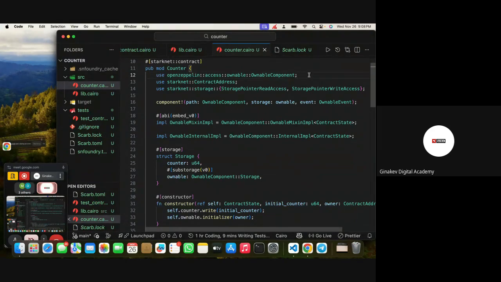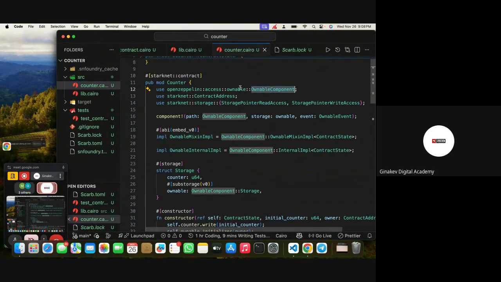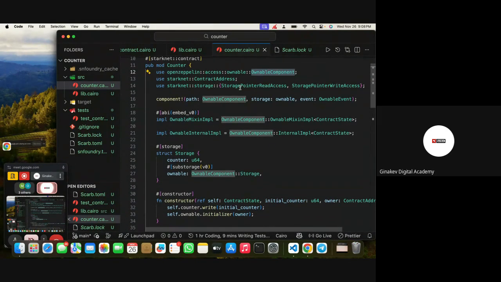OpenZeppelin is a big Web3 company that helps in making different reusable components that have been tested properly. So we are going to be using their Ownable component. If we have been taught about components, right? A component is reusable code that we can always make use of. It's not a standalone contract, but reusable code that we can use to get particular features in